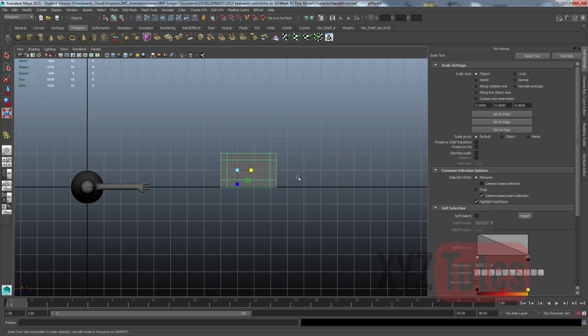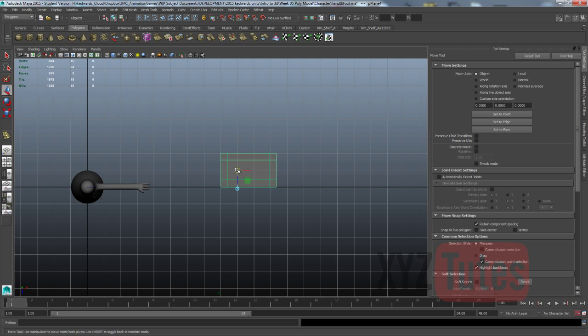And then when I've got 2 of these, I'll just move my pivot point, snap that across. So then I'll just duplicate. I move the pivot point back over to here. I'll combine the meshes,